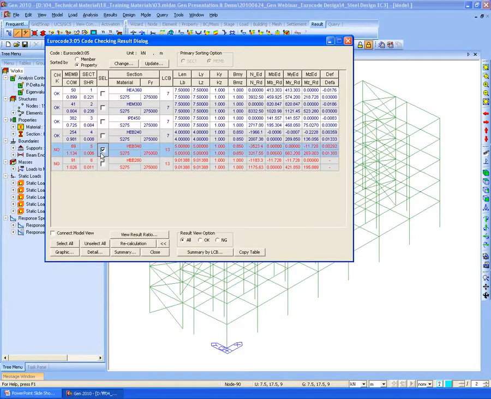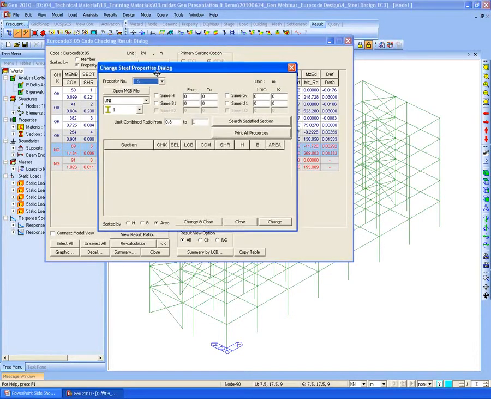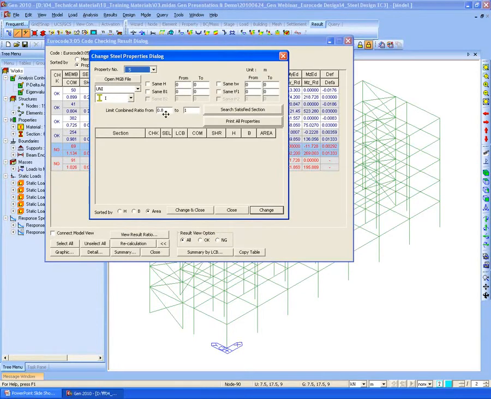Then, in order to find the recommended section, we can use our useful option, this change button. By clicking this button, you can specify the desired ratio which is satisfying the design code.